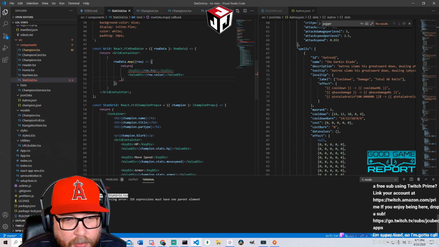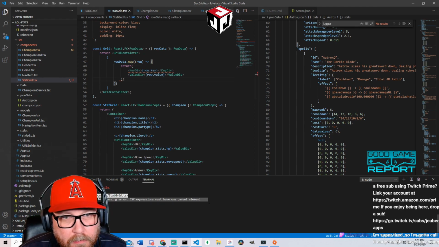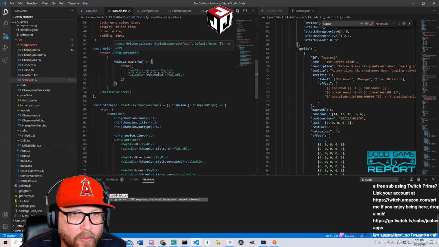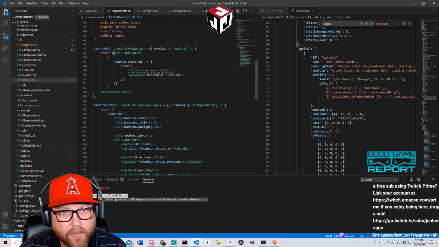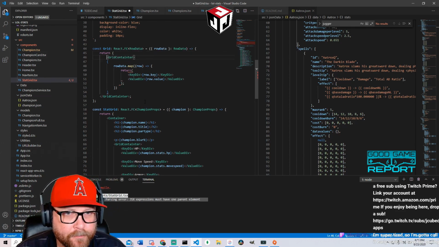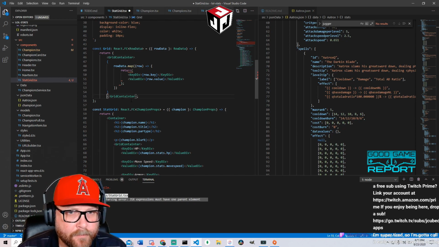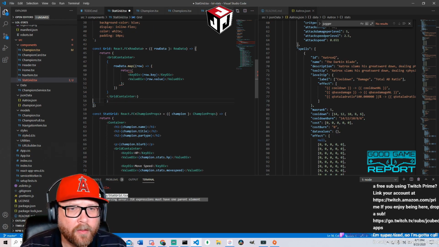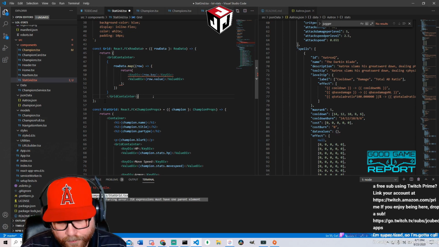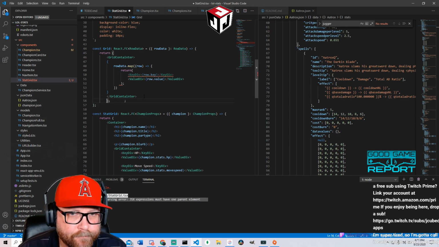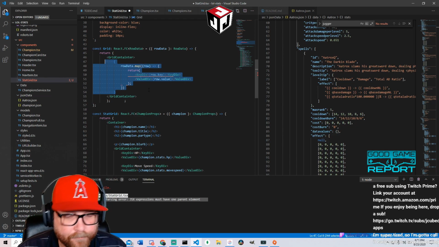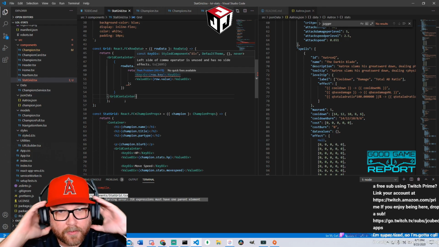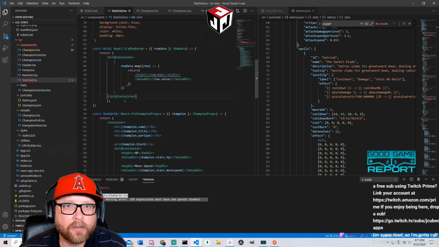I appreciate it. Parsing error. JSX expressions must have one parent element. But they do. Because it took it away. Come on, it does have one parent element. It has a grid container.